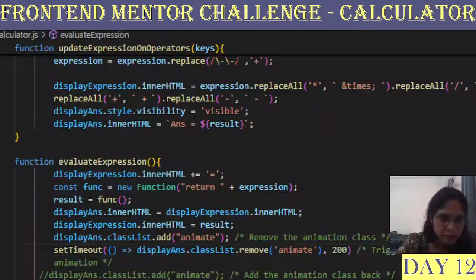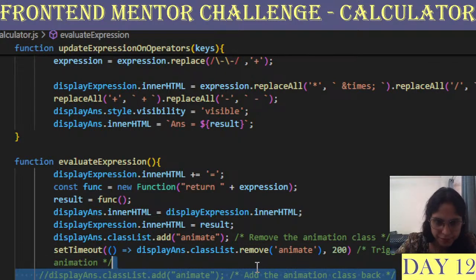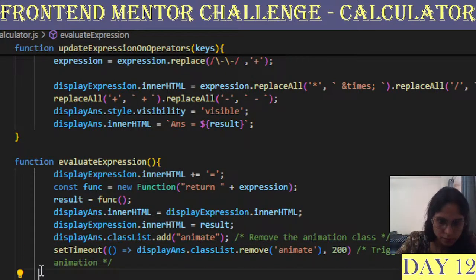Yeah, it's working. Now it's time for the display expression.